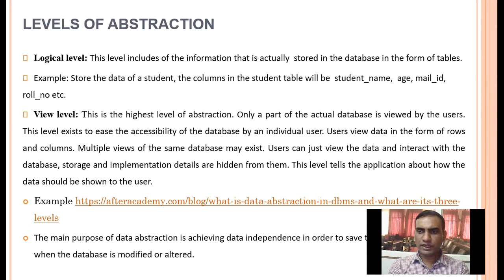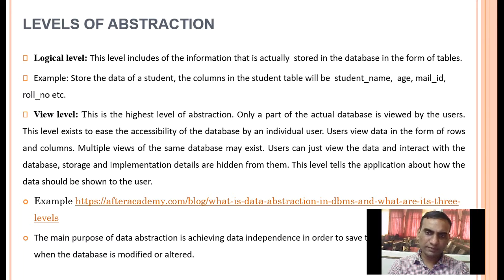The user views data in the form of rows and columns. Multiple views of the same database may exist, so one database can have different views. We will explain this with an example. The user can just view the data and interact with the database.